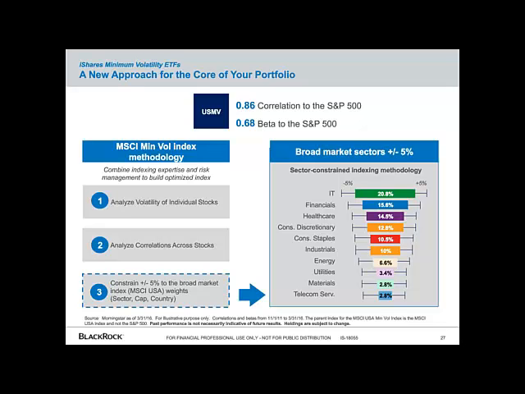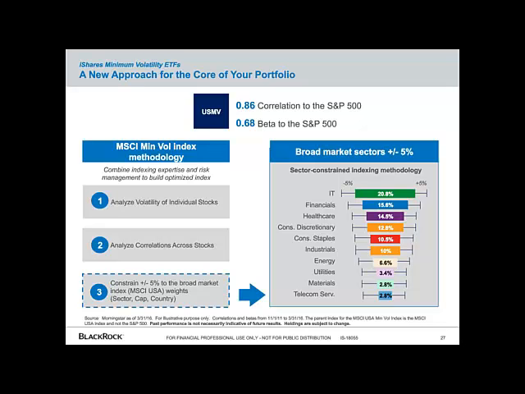Now, optimization is not a black box. It's really just a fancy way of saying we're letting a computer solve a math problem that is simple but complicated to execute longhand. Specifically, what we want the optimizer to deliver is a portfolio that minimizes risk, but that looks like the market. To do this, the optimizer analyzes the volatilities of individual securities, and it accounts for how those securities move relative to one another. Then it applies a series of constraints to get a portfolio that looks like the market.